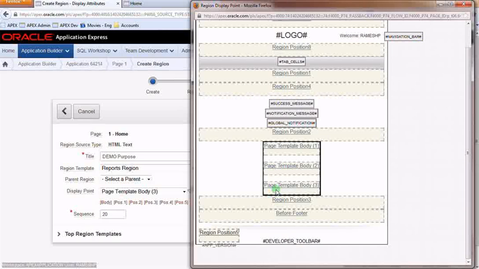So page template body 3 is below region position 8. So first region position 8 will be visible. Next page template body 3, that content will be visible even though the sequence is different, because you have to take the precedence of the region of the template of your application. Okay,